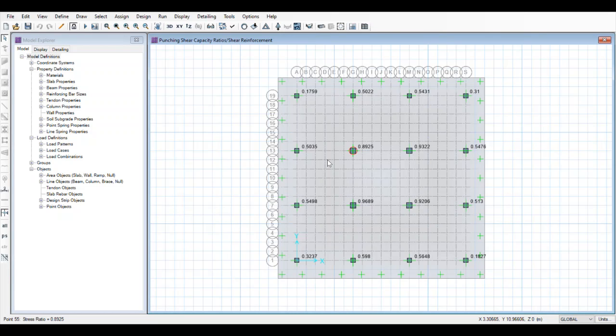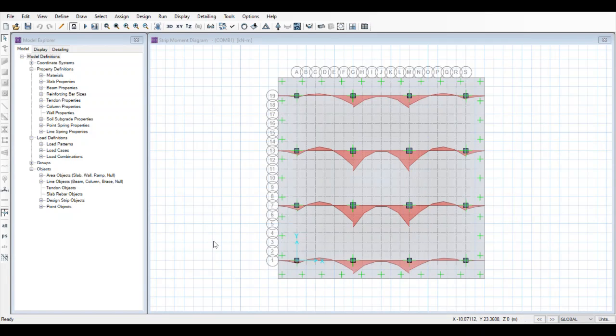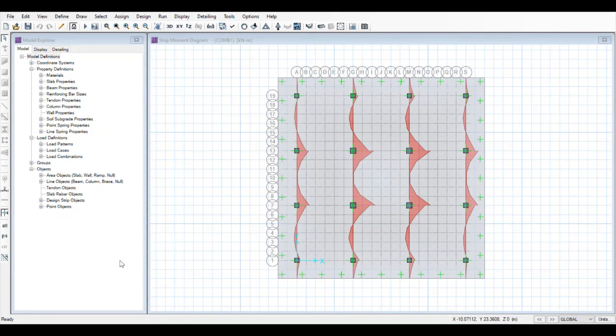Now you can go to display to see how the forces are acting. Go to strip forces, select a load case, select a load combination, apply, click on any part of the force you want to see, moment, axial force, shear force, select the layer, click on apply. As you can see, it will show you the moment diagram. On the strips, go to layer B, select on apply. It will show you the moment distribution along layer B.